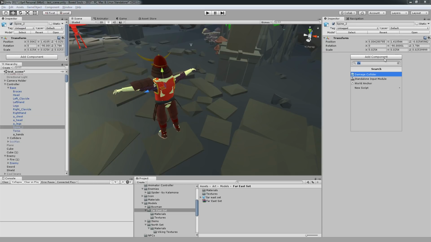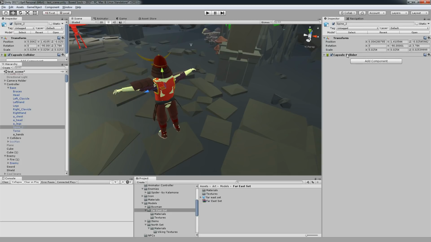Add, let's add a capsule collider or something. So the radius, or actually let's add a box collider. Box collider. Let's change this to